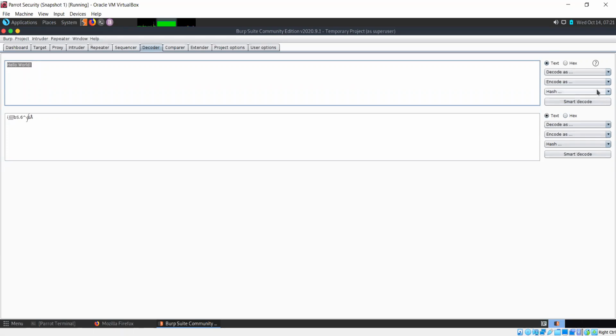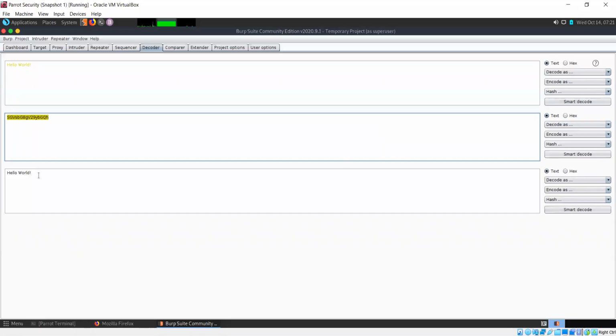And encoding, decoding is different from hashing in the sense that if you encode hello world, let's say I encode this as base 64, this is the base 64, decode as base 64, I can easily get the decoded value. But that's not true for hashing. If I convert this into a hash, I cannot decode it, I cannot dehash it or anything. That's not possible. Once you have calculated the hash for it, there's no way to know what the hash value originally belongs to. Okay, that's how it works.